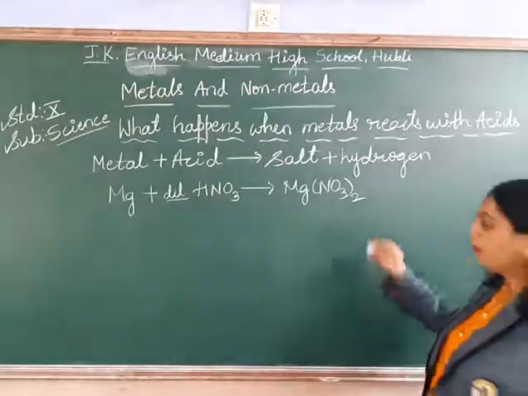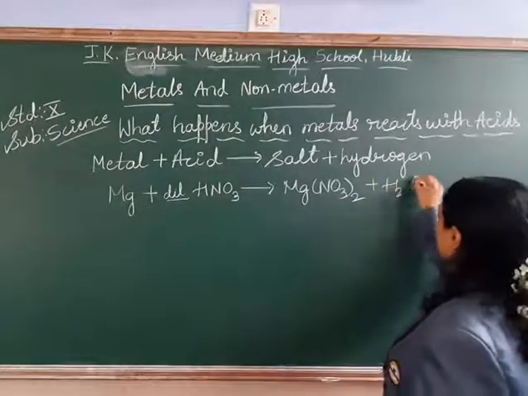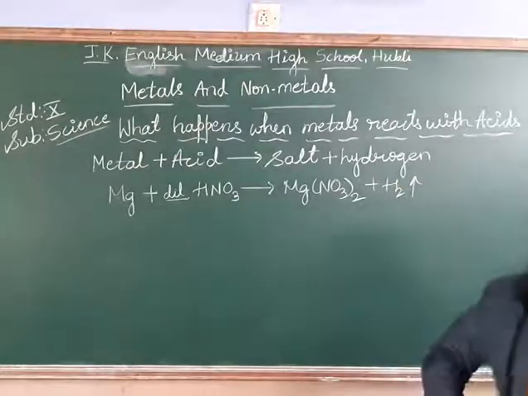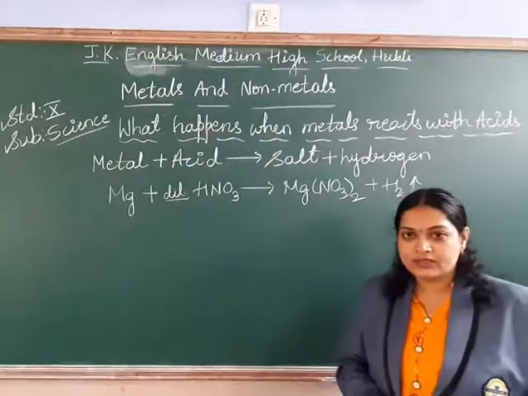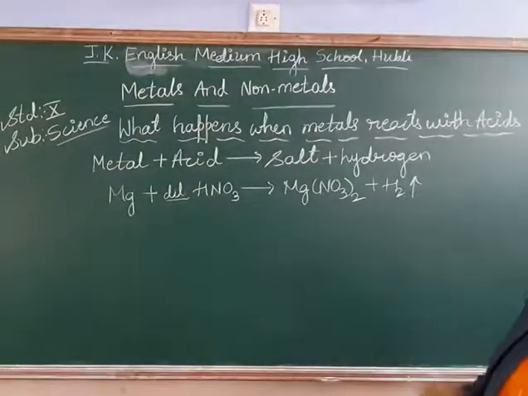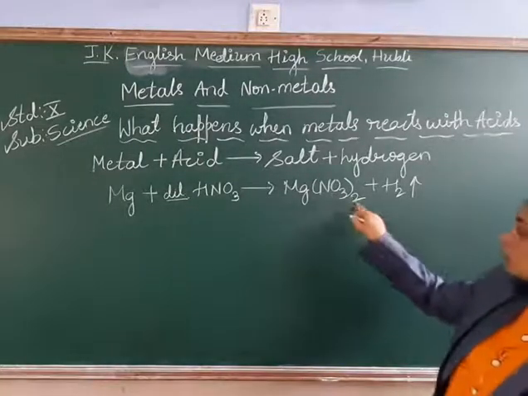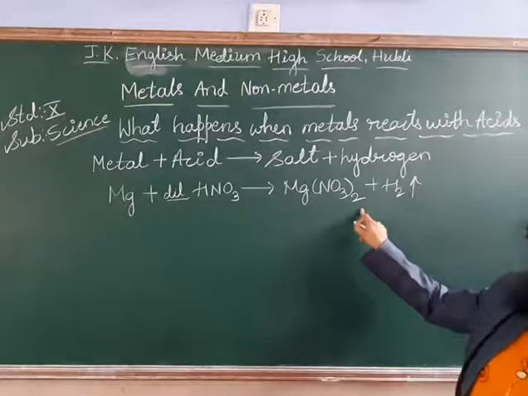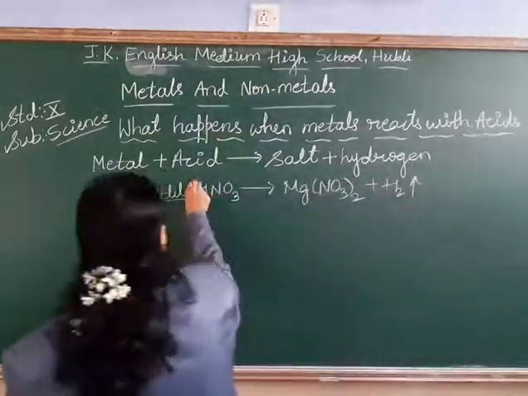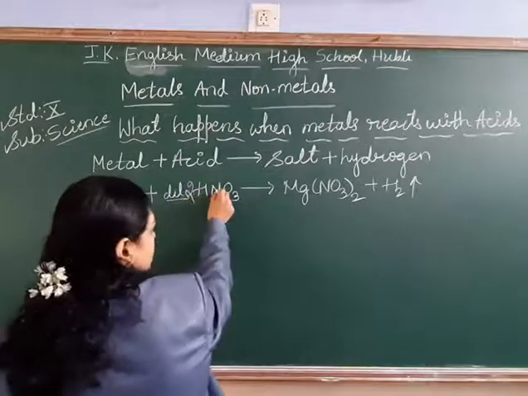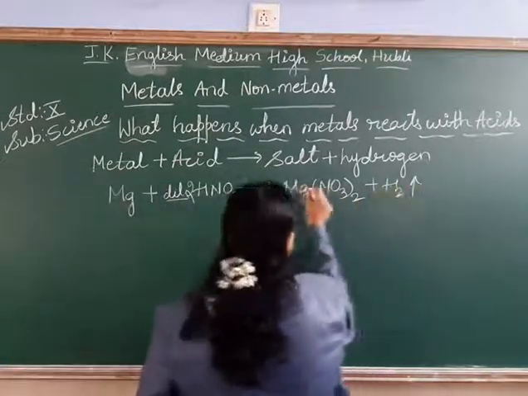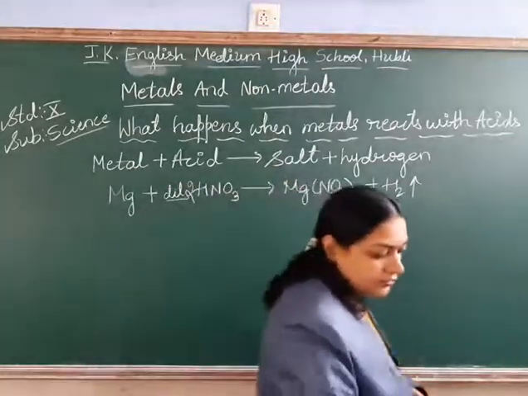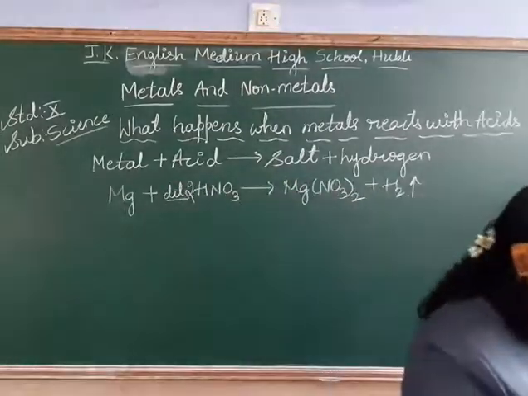Mg(NO3)2 twice with the liberation of hydrogen gas. Right, students? The same thing with the manganese that you just practiced. So balance the equation, students. Nitrogen 2, oxygen 3 twos are 6. So what will I do? Let me write 2 here. 2 nitrogen, 3 twos are 6 oxygen, hydrogen 2, magnesium 1. Right? Equation is balanced? Yes.